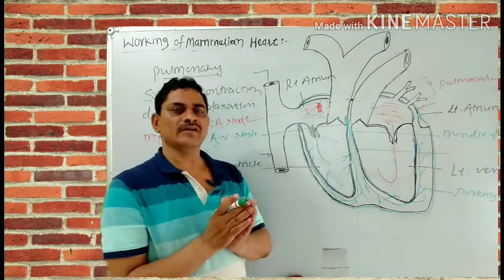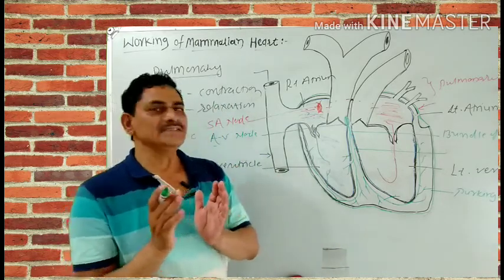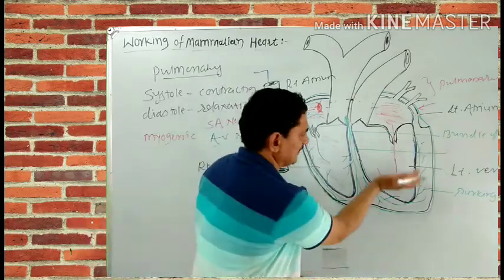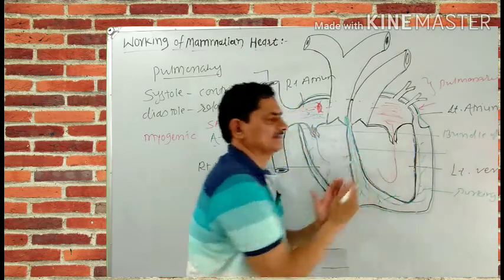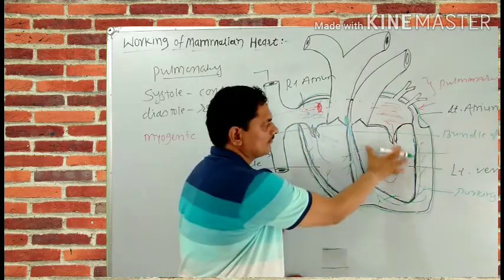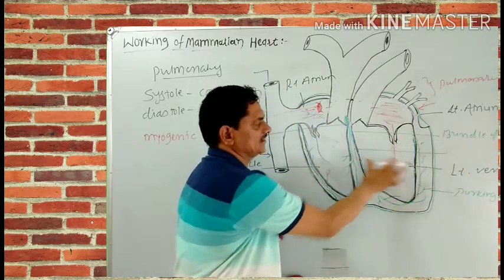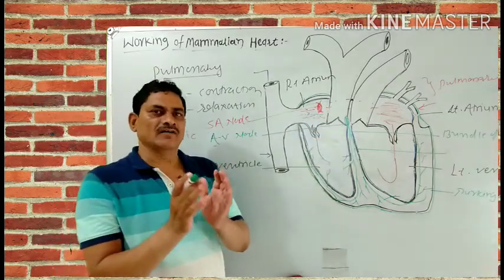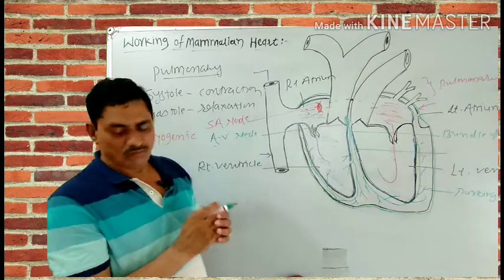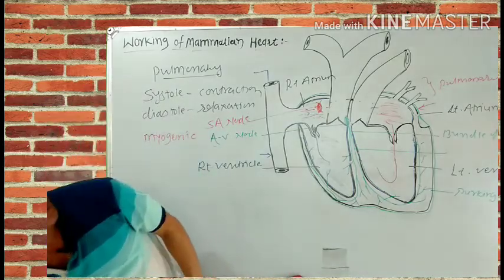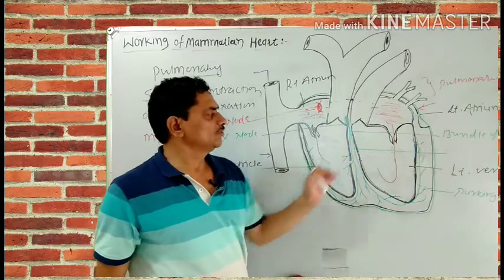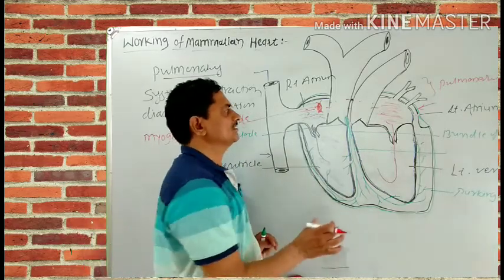When the ventricle contracts, its size decreases from the posterior side and from the lateral side. So the volume of both ventricles becomes reduced. Therefore, whatever blood is present within these two chambers passes towards the